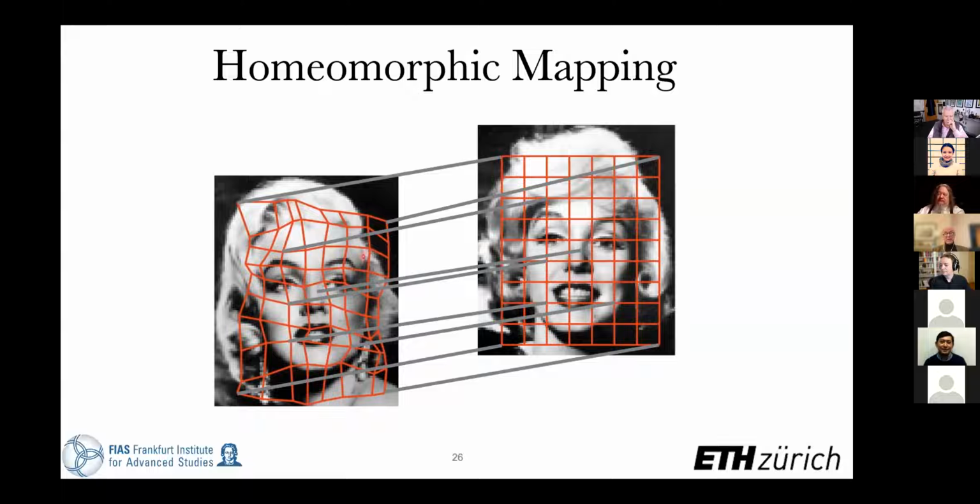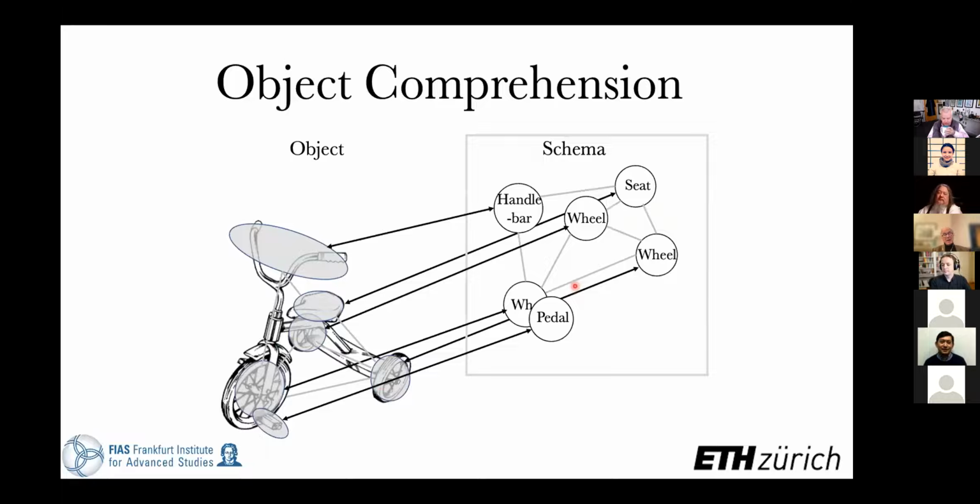Now, let me just point out that the whole structure that arises in a fraction of a second when you look at a face is an attractor network. It is composed of lots of little net fragments that have been previously prepared and that fuse into each other to form this representation. So let me go one step further and submit the idea that we comprehend objects by